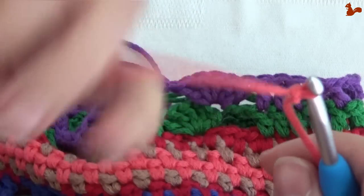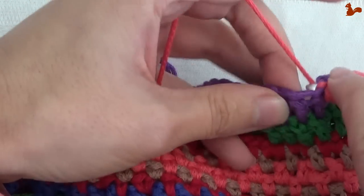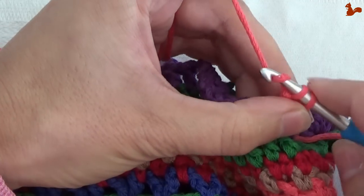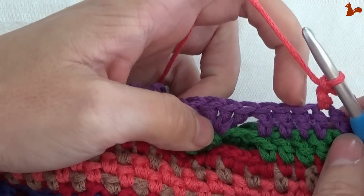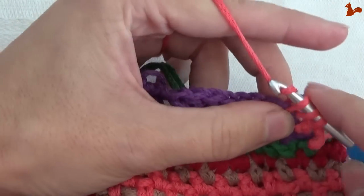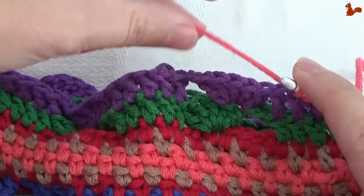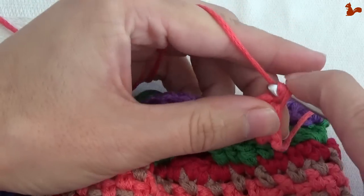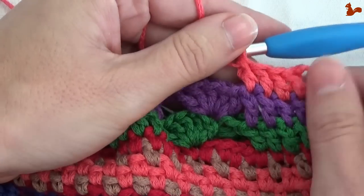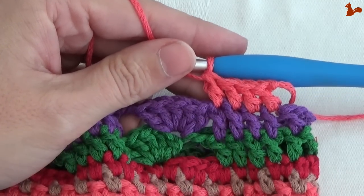So there, I'm going to start with a standing double crochet on that second stitch. There you go. Start with a standing double crochet and work on the next 3 stitches, work 3 double crochets. That's 1, 2, 3. So you've worked 4 double crochets here on those 4, on these last 4 double crochets in the row. Chain 2,